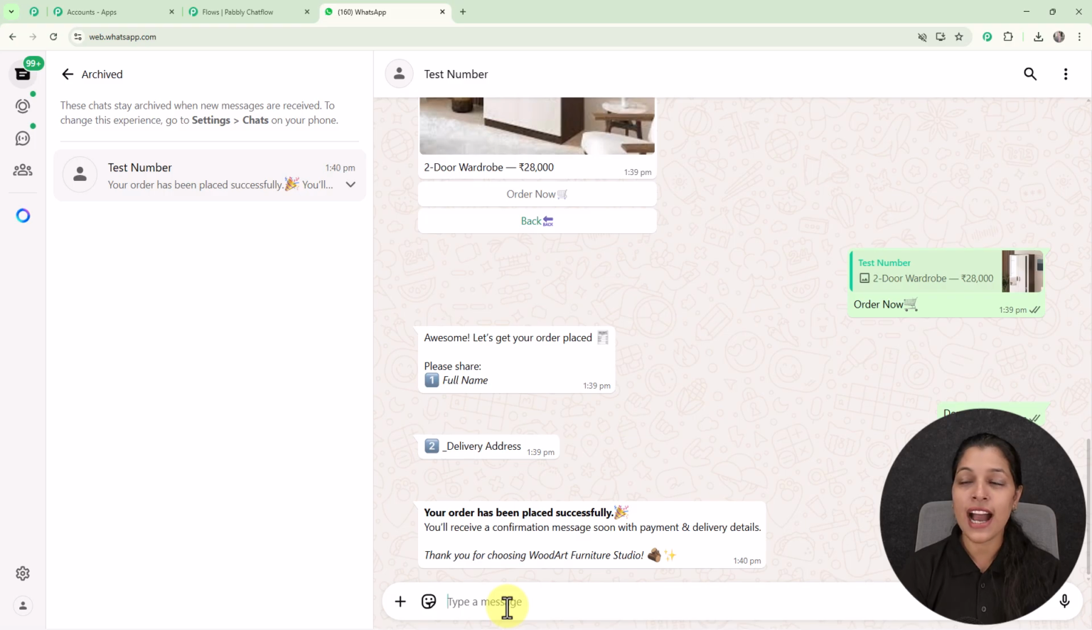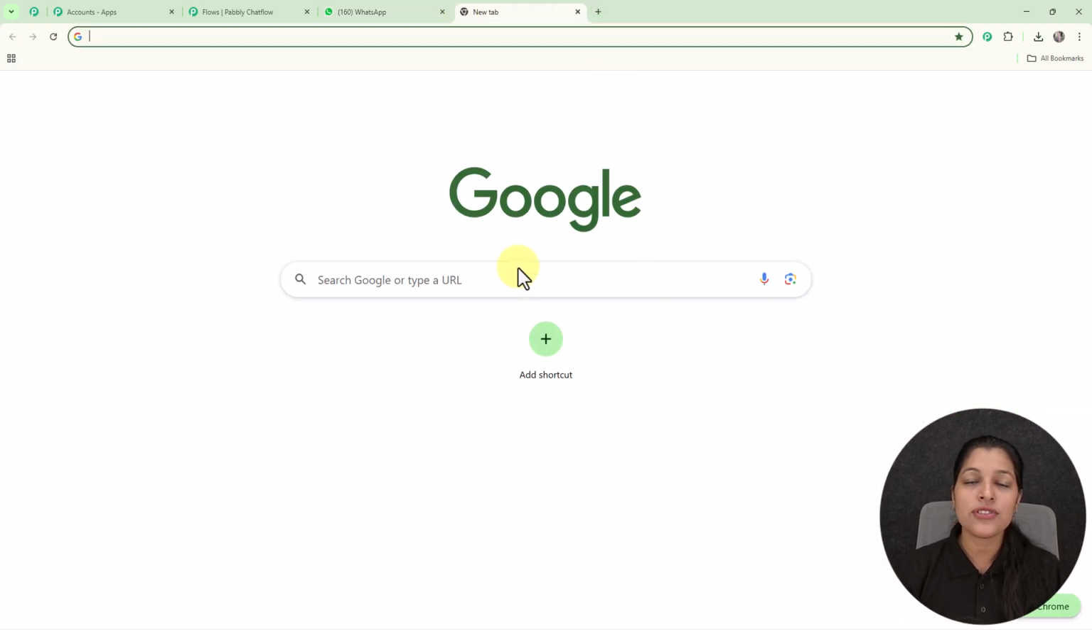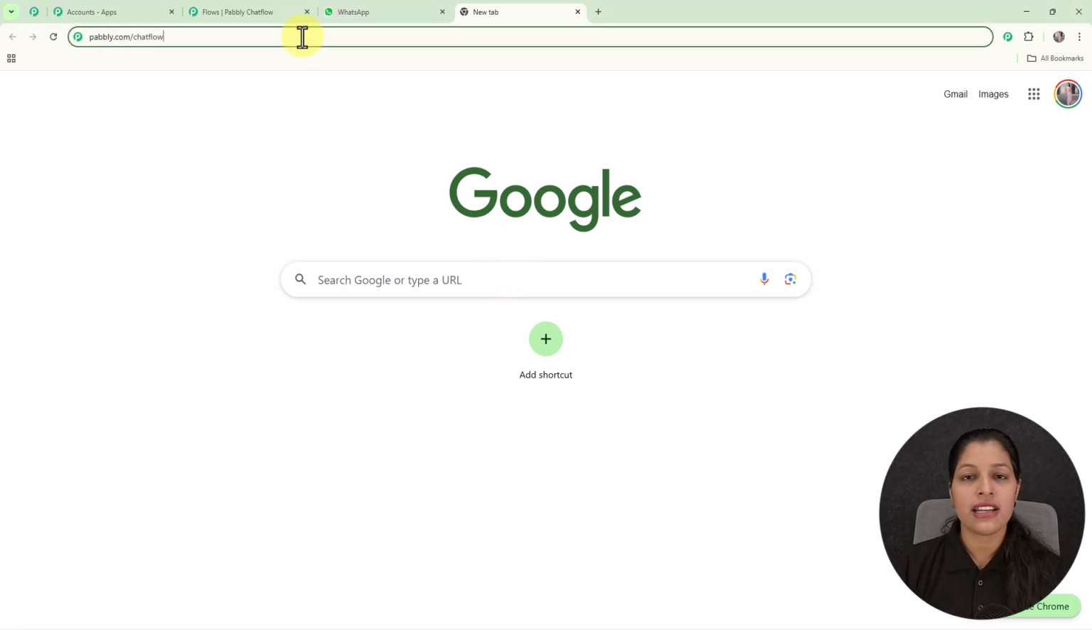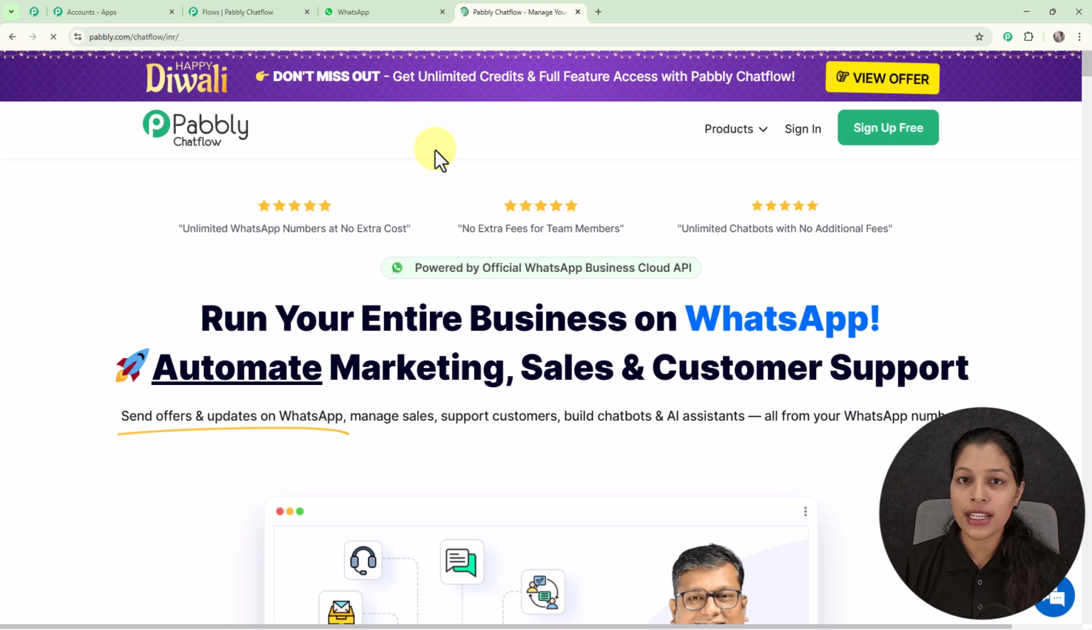So here you can see how amazing our WhatsApp chatbot is. It is providing me the image of the furniture as well as I can place the order for the furniture also. So you can also create this amazing WhatsApp chatbot for your own furniture business, and for creating this WhatsApp chatbot you have to access Pabbly Chatflow, and for accessing the Pabbly Chatflow you just have to type its URL over the new tab. That is pabbly.com/chatflow, and once you will enter the URL, you will be getting the landing